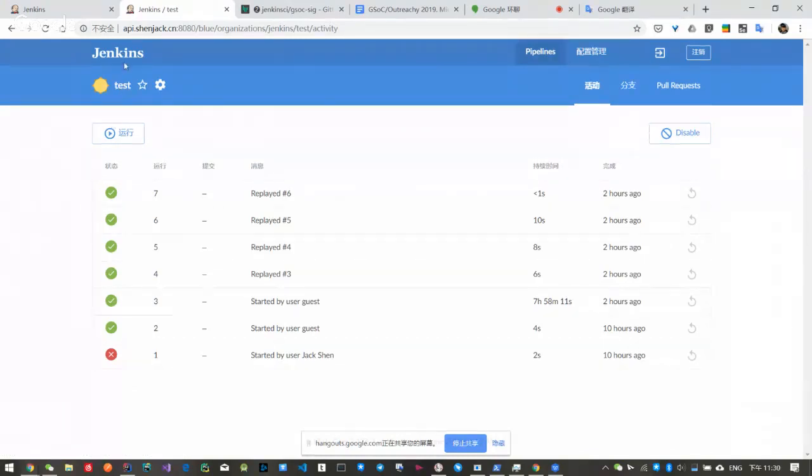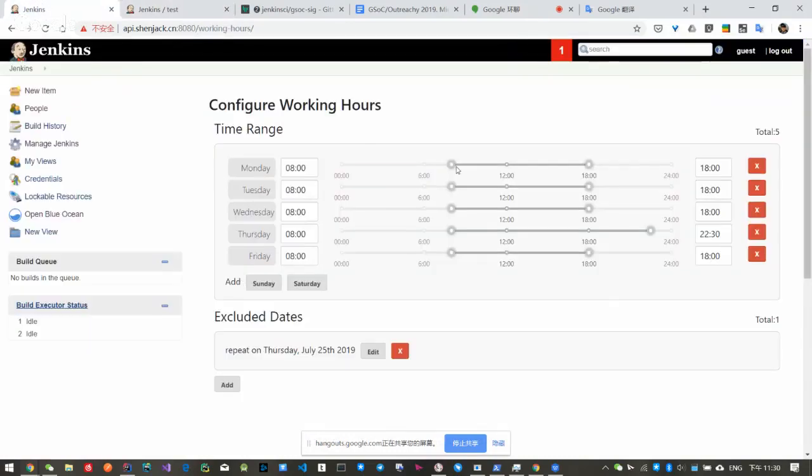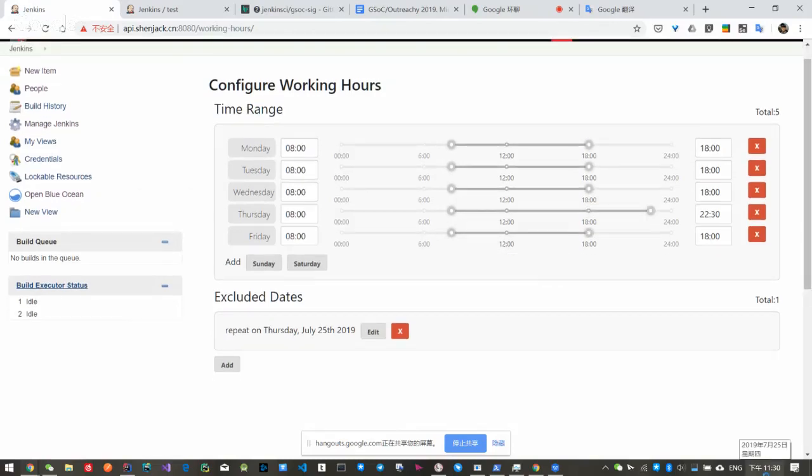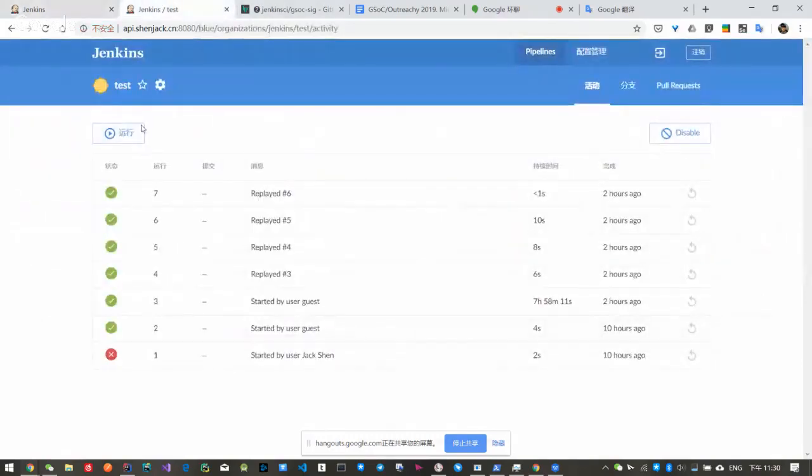We have configured it to enforce the build schedule, and it will obey the working hours we set in this plugin. Here my local time is 11:13. If I set Thursdays with a time range from 8 to 20, it's now outside of the time range. And if I click run now,